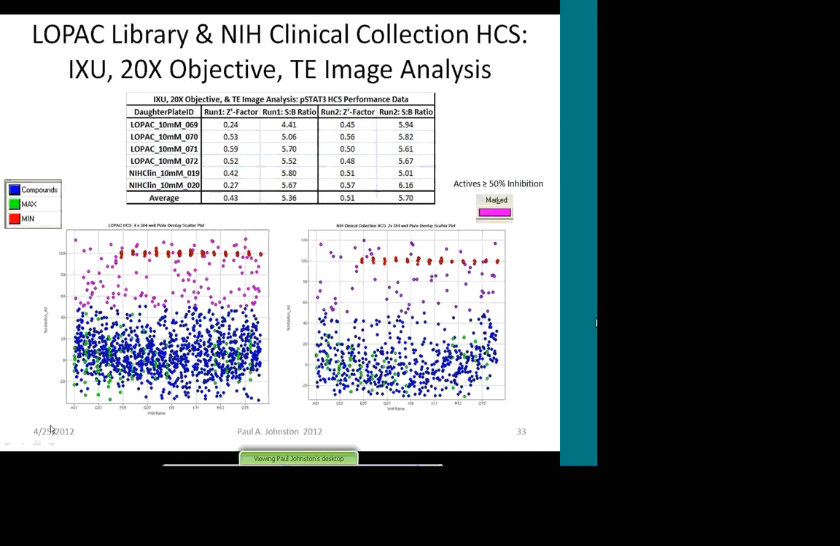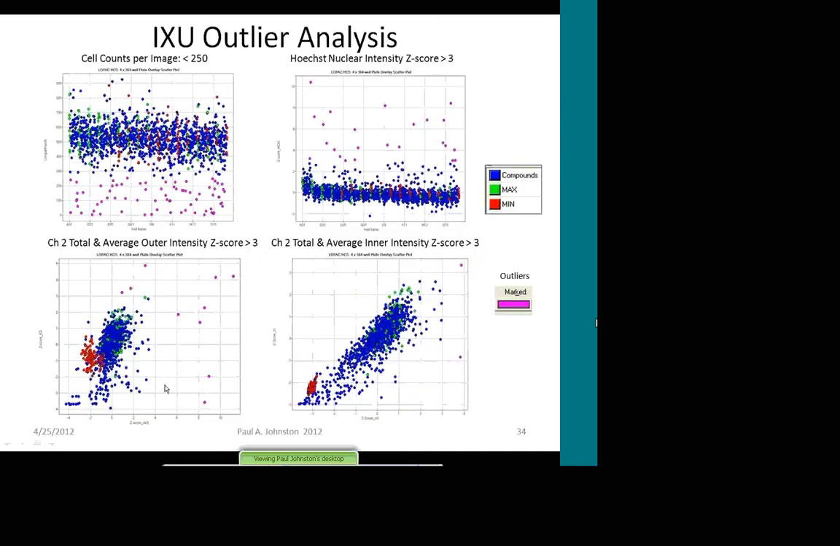everything looked pretty good, although we were pretty surprised to find such a high hit rate. And so this is some reason for concern. So then we used our outlier analysis, and we looked at the cell counts, and we identified compounds that had less than 200 cells per image, and we classified those as